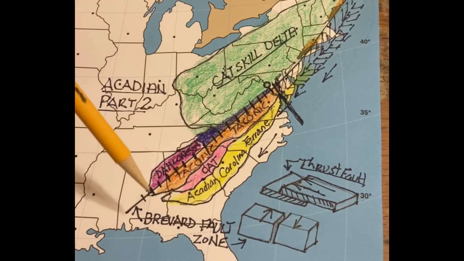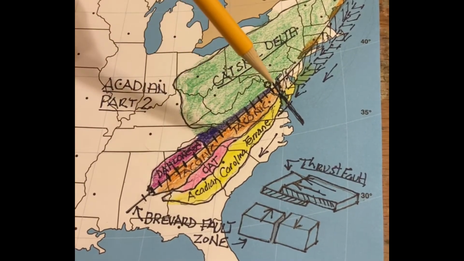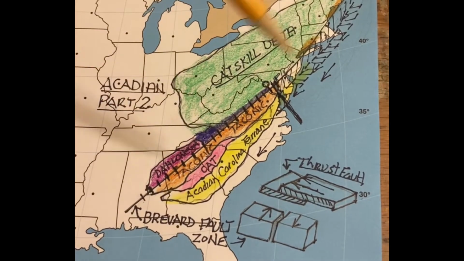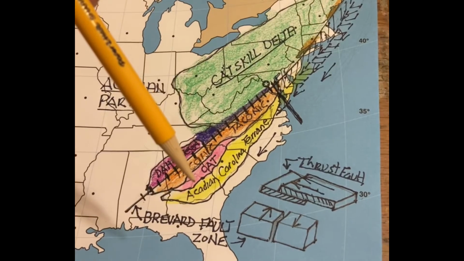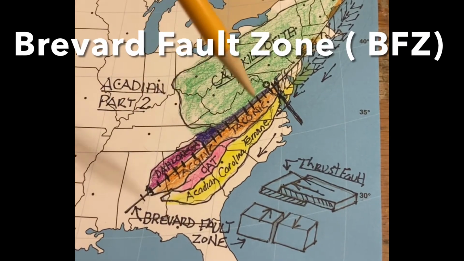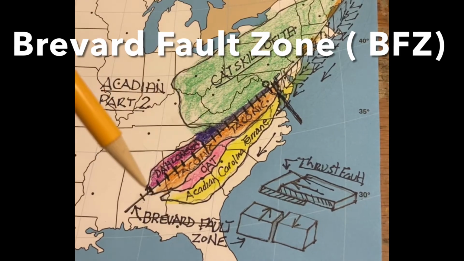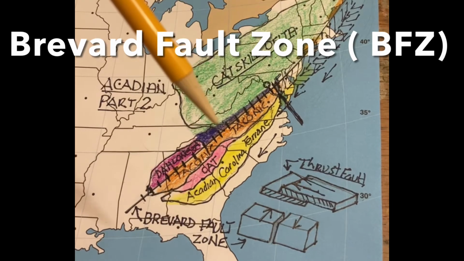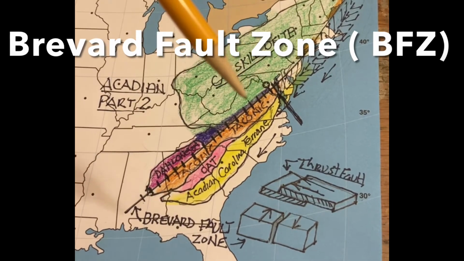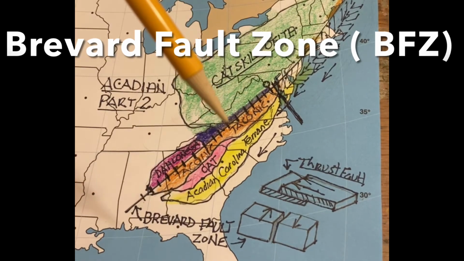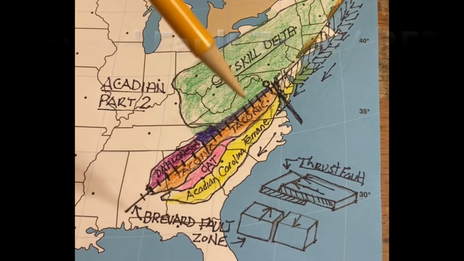And by the way, this Frankenstein scar is the fault along which all this material slid from up here to down here, about 500 miles plus or minus, maybe 300 to 500 miles. This Frankenstein scar is called the Brevard Fault Zone down in Georgia. It has other names in Virginia. I'm not sure exactly what they are, but most geologic maps show it going up through Virginia.